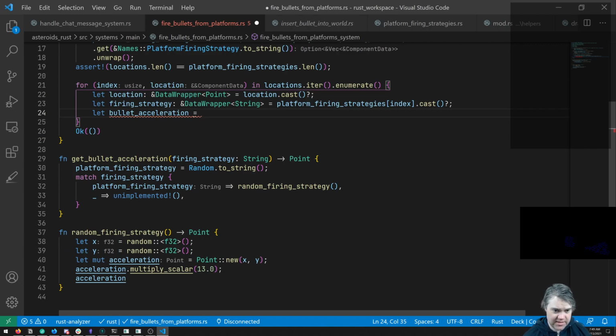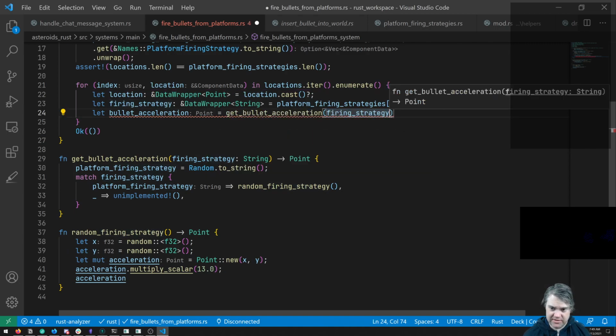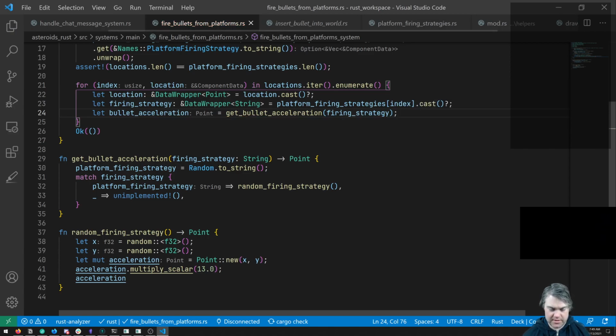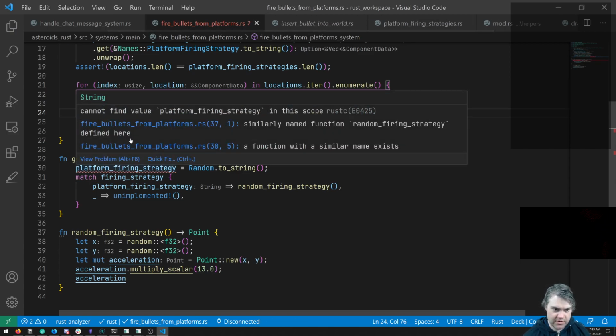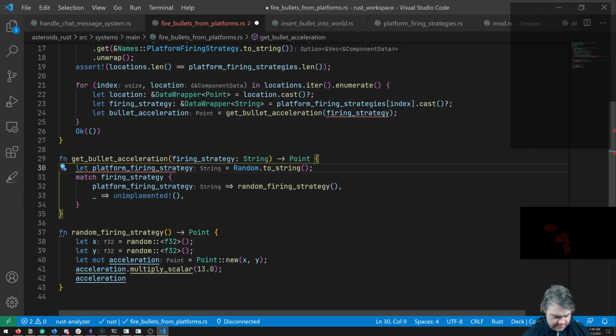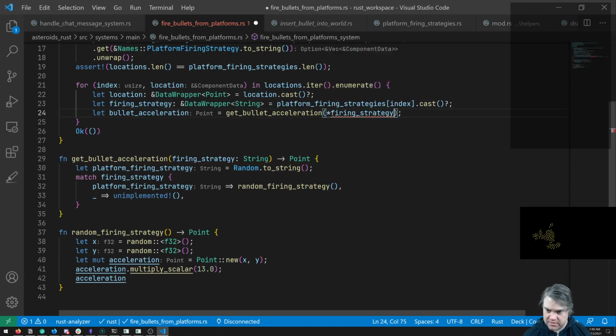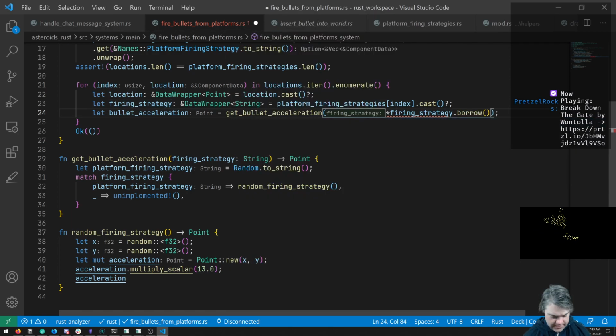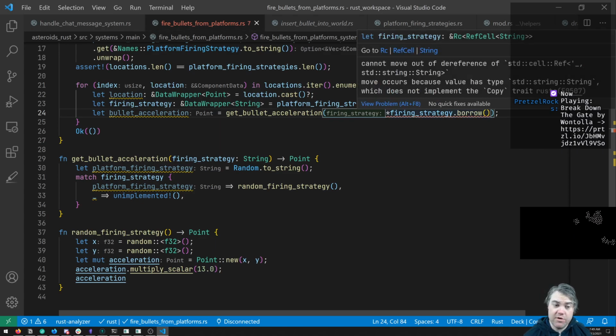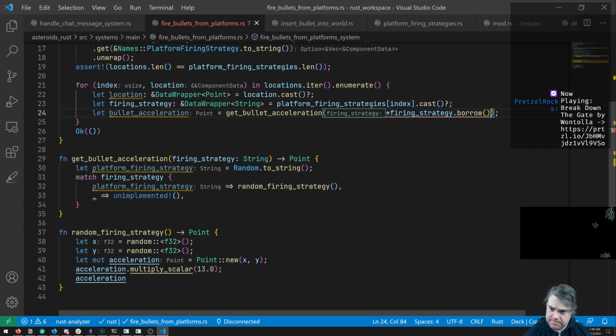So bullet acceleration is get bullet acceleration, pass in the firing strategy. Now for you, could not find value platform firing strategy. Oh, right. You need to be let firing strategy. You need to be here and borrow. Cannot move. Oh, because we're in a loop. Okay, I guess we'll